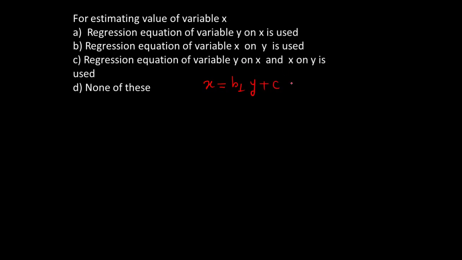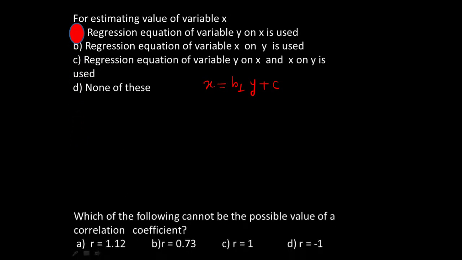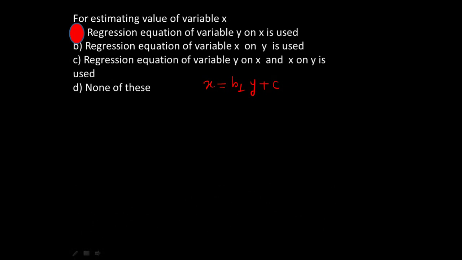So when you have such an expression, it means x, the quantity which we want to find out, is on the left hand side, and it is expressed in terms of the other variables, then that is used for evaluation of x. So here the correct option is option number B. Here by mistake it is showing A, but it's not A, it's option number B, right? So please note the correction. Here option B is the correct one.